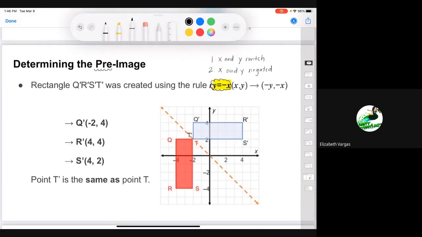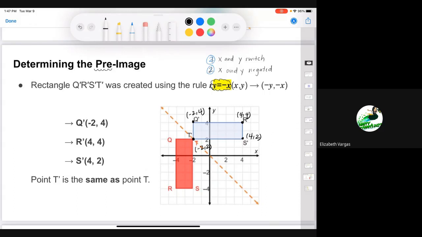Okay. So that being said, am I able to find my pre-image? Well, yes, you can find your pre-image by working backwards. So that means that first we will negate and then we will switch. So here are the coordinates of the pre-image, or the vertices of the image. This one is at -2 and 4. This one is at 4 and 4. This one is at 4 and 2. And then we'll discuss this one a little bit in just a second, but this is at -2 and 2,